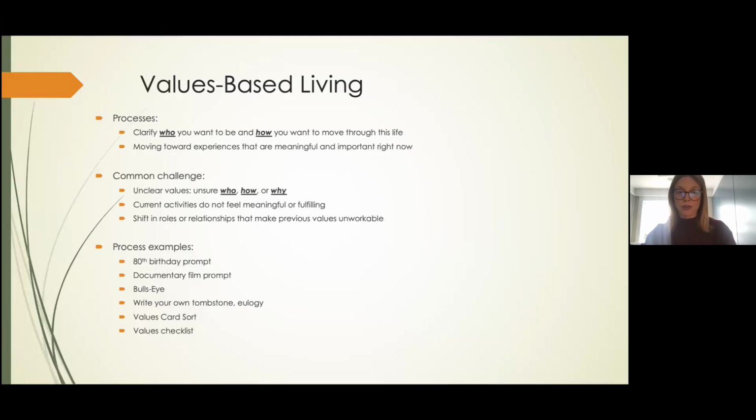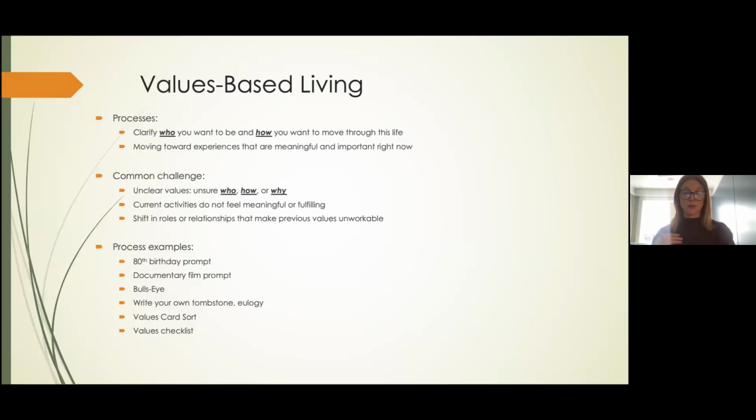So I'm actually going to walk through most of these, and then we're going to actually work on one together. As I mentioned at the beginning, one of the fundamental differences between ACT and maybe some other therapies, specifically DBT, is that it's very experiential. So I'm not explaining values to people until after we do an activity.